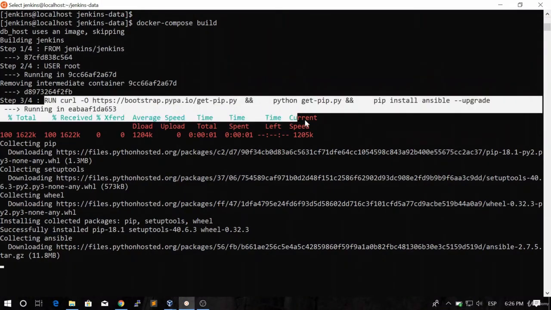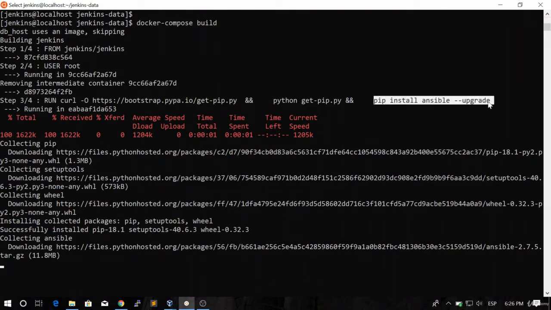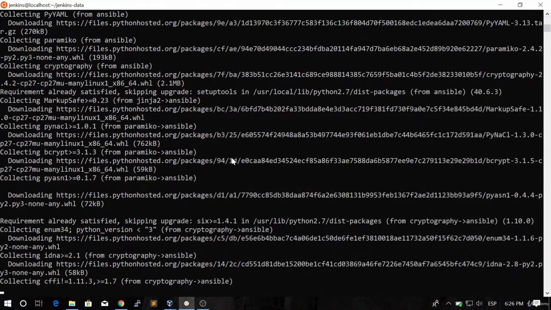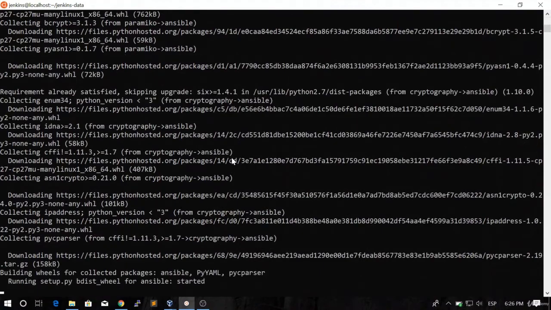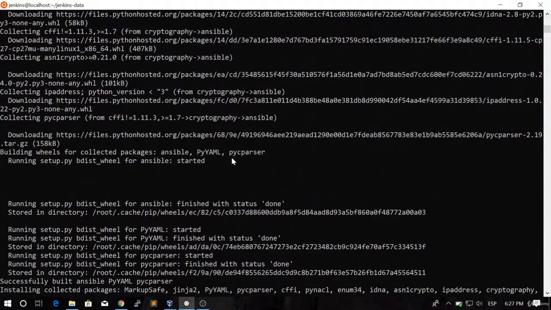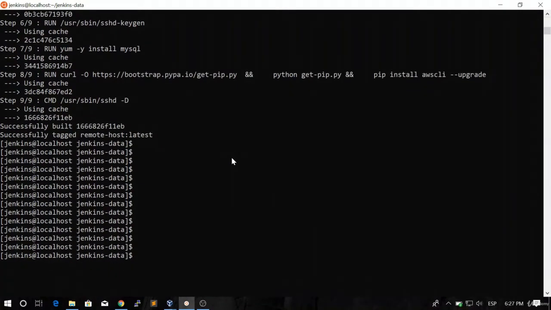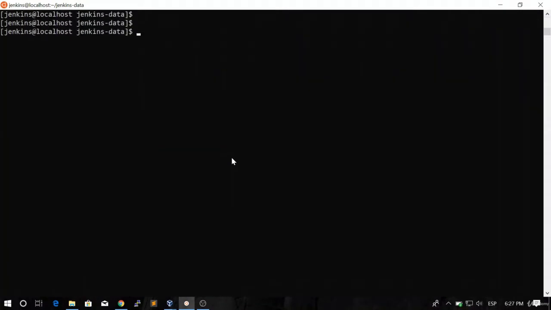Here it's downloading the pip stuff and installing Ansible as well. So this is pretty cool. We only need to wait until this finishes, and this is awesome. As you can see here, the installation, everything completed successfully,